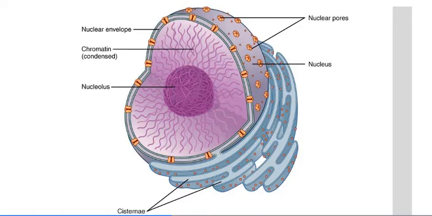The nuclear envelope is a double-layered membrane, again, and is important in allowing things in and out of the cell. It's covered in protein structures referred to as nuclear pores, which can allow material to move in and out in a very specific way. Within the nucleus, the DNA is found in a form called chromatin, which is